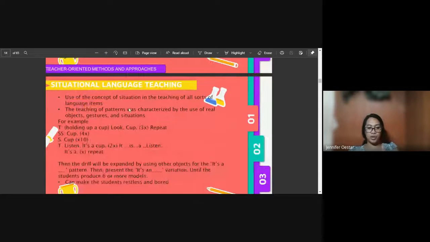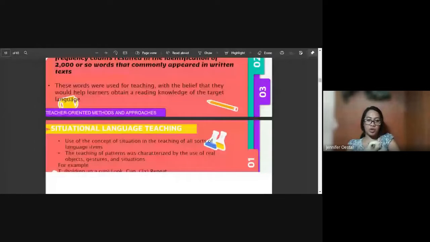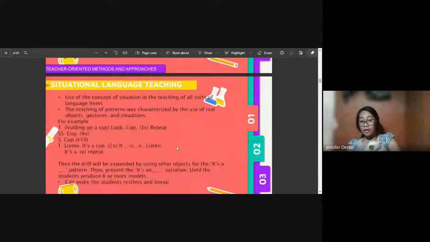Use the concept of situation in teaching all sorts of language items. So situational siya. Pwede ka magbigay ng mga real-life activities or real-life objects, gestures, and situations. For example, holding up a cup, look, cup, repeat, and so on. So then the drill will be expanded by using other objects for the pattern: it's a, present it's a blank variation. So, yun yung mga sample ng situational language. You give a situation, an object, yung parang direct nila na pwedeng hawakan, pwede nilang i-manipulate, and so on, as